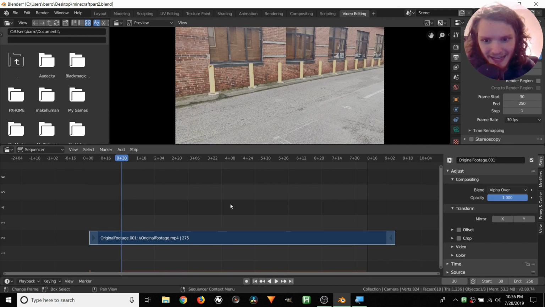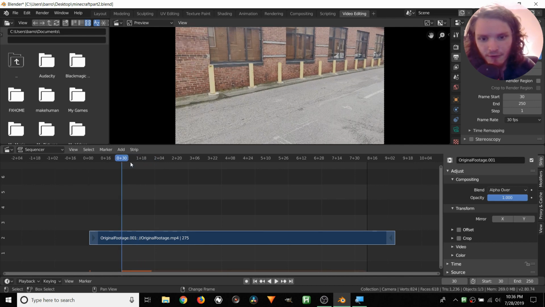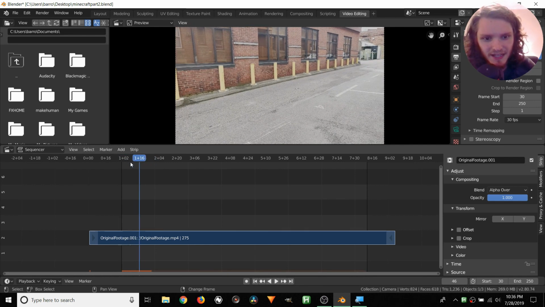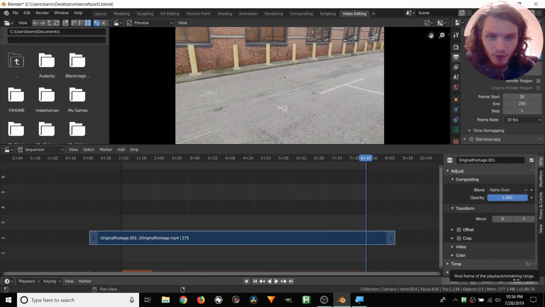It's going to be a bit laggy right now until you play it and it's going to load into memory. That's what this orange line is down here. But our footage is going to start over here and it's going to end... 250 is a bit extreme. We're going to do a pretty short track for this tutorial, but of course you can do this any length, any number of frames for your project.